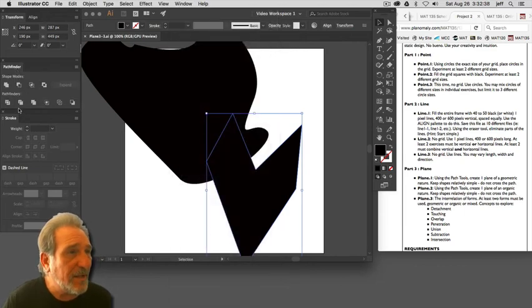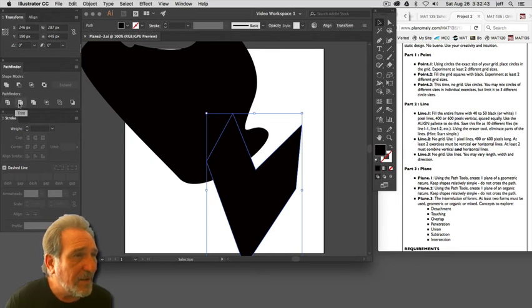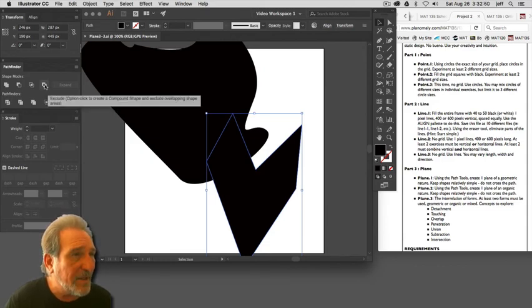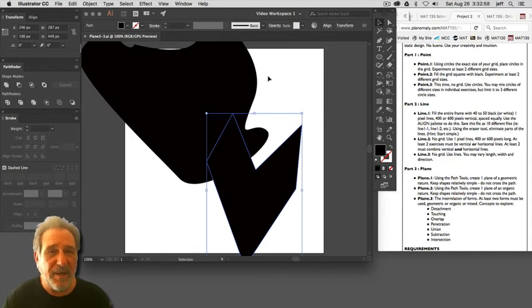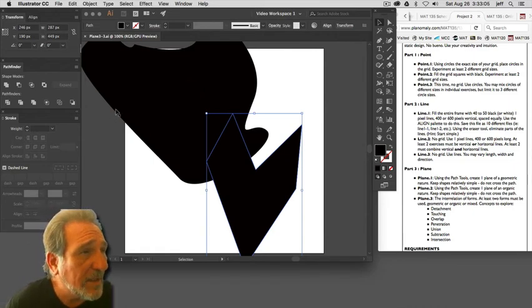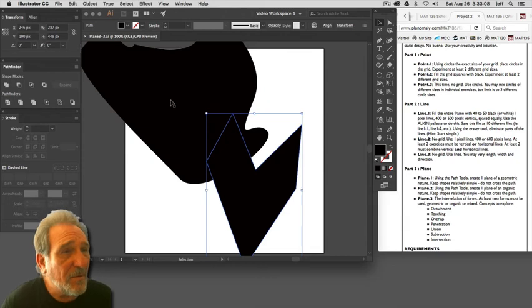Here's my Pathfinder, and so here are the different tools, right? Here we have divide, we have trim, we have merge, we have crop, we have outline, and we have minus the back. And these are our main ones, right? Exclude, intersect, minus the front, and unite. So unite basically just makes one shape out of two, so don't worry too much about that. It'll just create one shape, and so we won't get a chance to play around with this any further. So in order for these modes to work, an element in front needs to be,